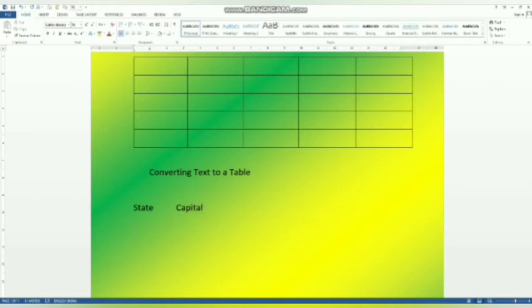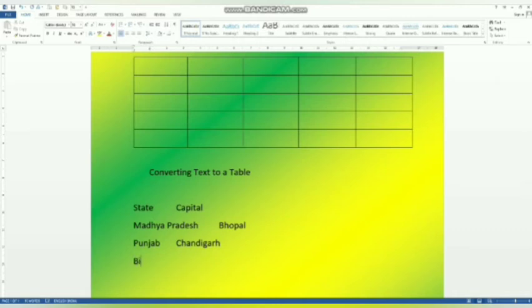We have first typed text consisting of names of the state and names of its capital separated by tab key. So we write here state and capital: Madhya Pradesh, Bhopal, Punjab, Chandigarh, Bihar and Patna.